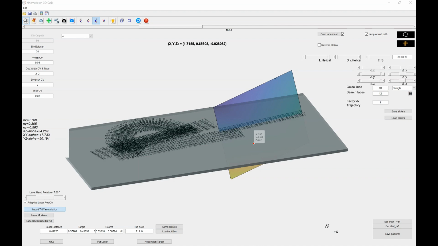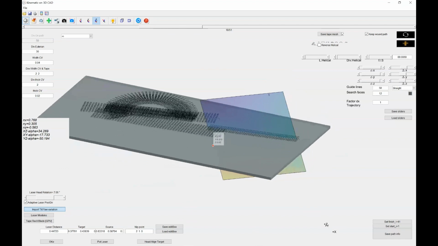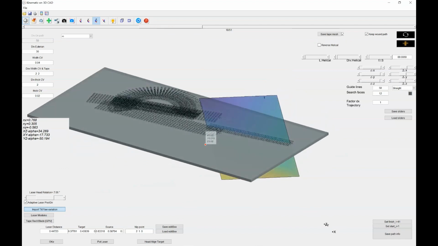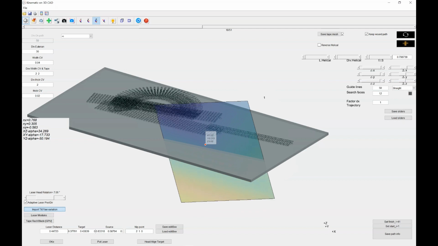Now we will have a look at how to change the laser positions. To do that, I regenerate the path and put the roller on the path. I move the path a little bit to the other side to make it more visible. I also increase the size and then click on